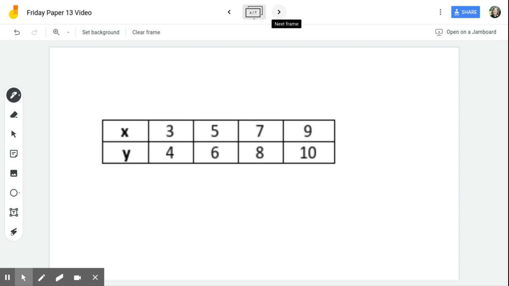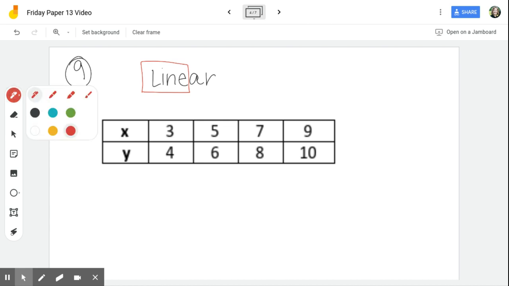Okay, here we have number 9 on your Friday paper. So this is number 9. Now number 9, the question says determine if the following are linear or non-linear. If something is linear, that means it makes a line. In other words, if I were to put these points on a coordinate plane, would they make a line? And the points would be,